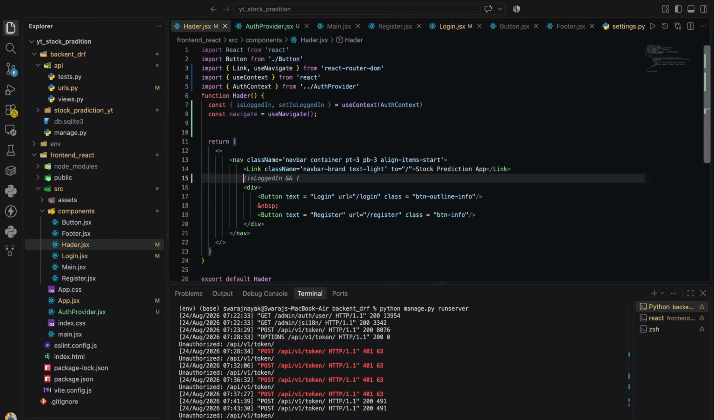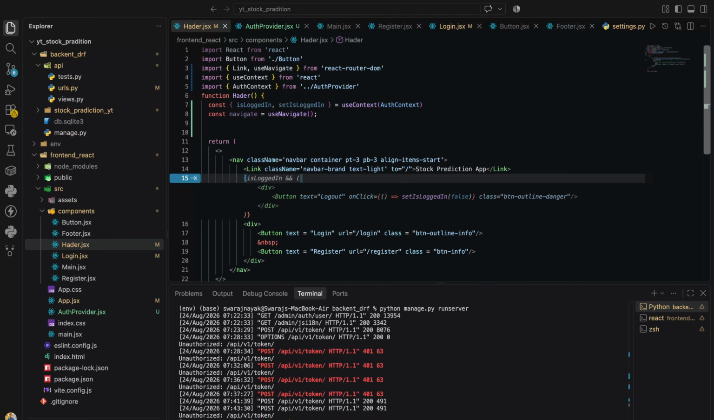Here I can create an isLogin. If isLogin is true, like this, I think this button, okay, this type of button. Now you see that if isLogin is true,